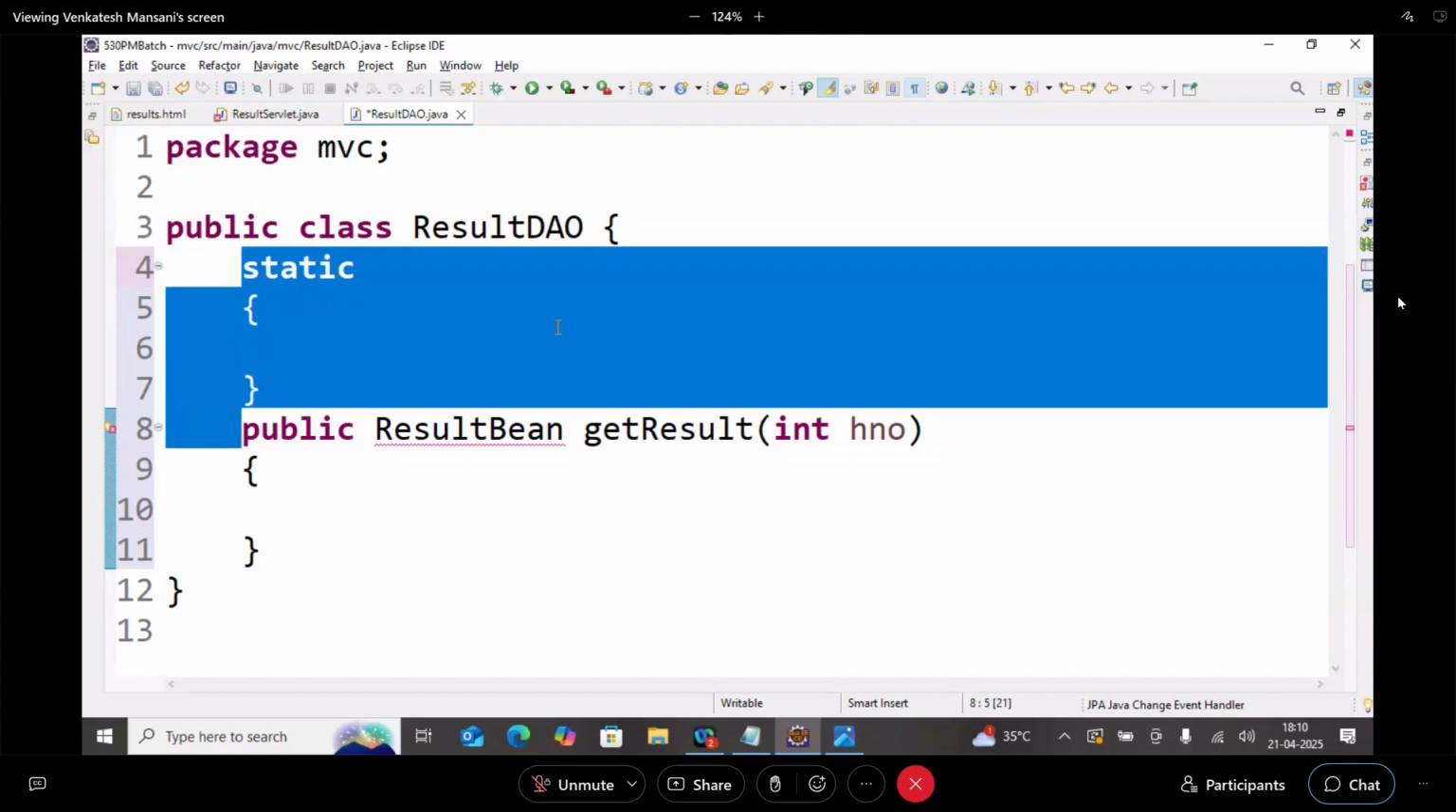Constructor is called whenever an object is created. Constructor is called only whenever an object is created. But the static block is executed whenever the class is loaded. Class will be loaded only one time. Okay. Now here